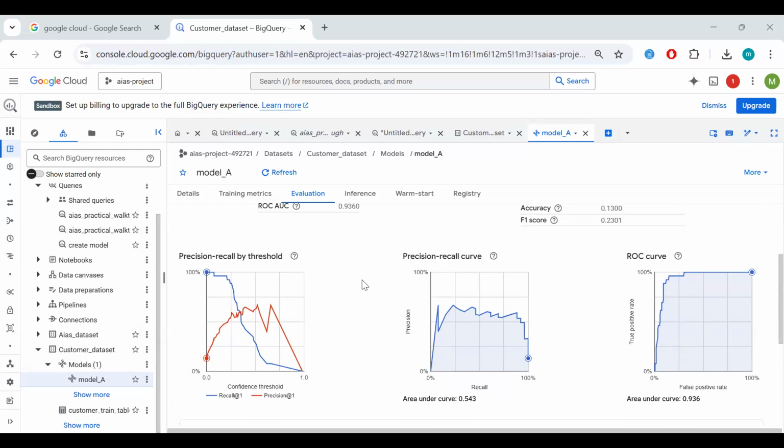What I mean by that is, our threshold is the balance. It's the benchmark for when we can classify an observation as positive or not, right? So a precision recall by threshold curve tries to show us the sweet spot. So at what point did our model get